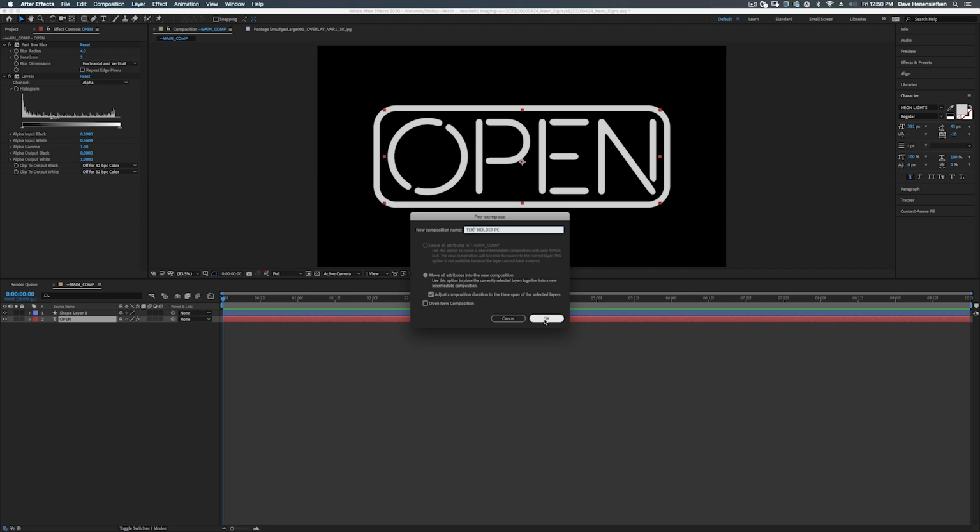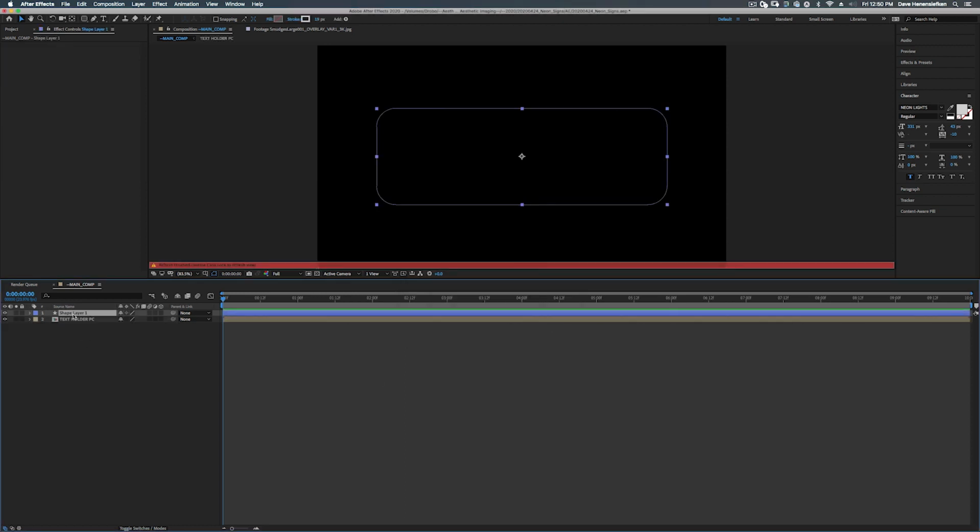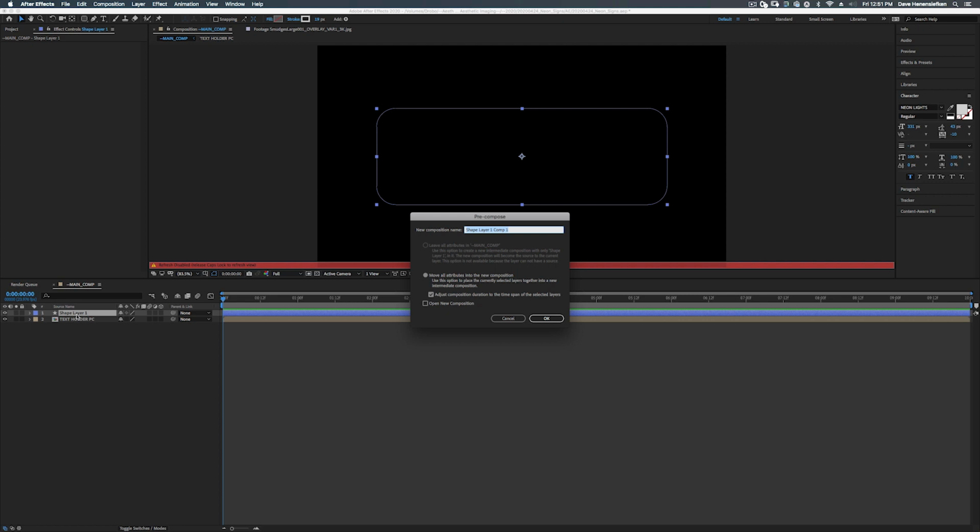Good. Okay, text holder PC. And then we're going to go up to our shape layer here. We're going to do the same thing. Shift Command C. And we're going to call this outline